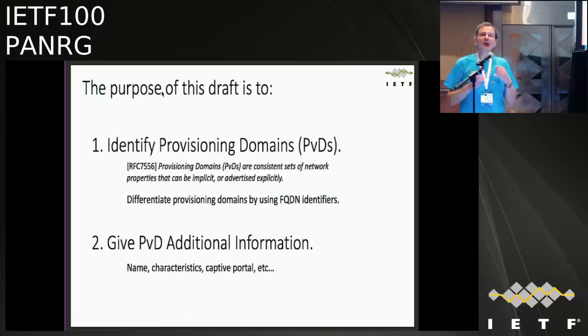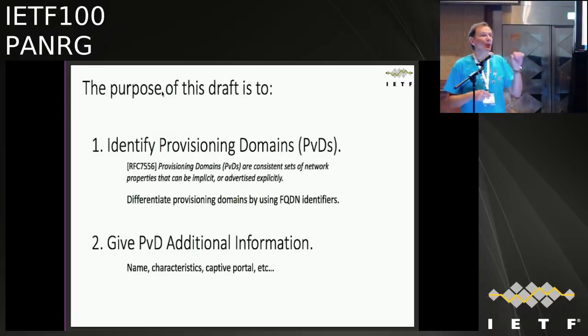Now, until now, most computers, I mean, computers in the 80s, had only one connection. So by default, it was a single PVD, no choice for the application. Now, as you see in the previous slide, you may have, or you must have, multiple choices. So you must have multiple PVDs, and we may want to name them. And this is part of this draft, to put a name to a PVD. So an application, for instance, can select one specific PVD and will get a specific set of consistent information.